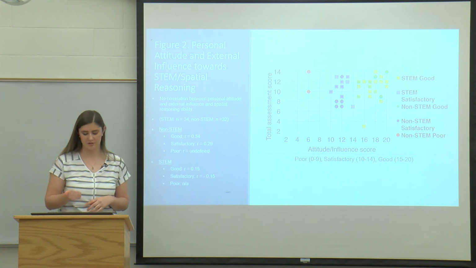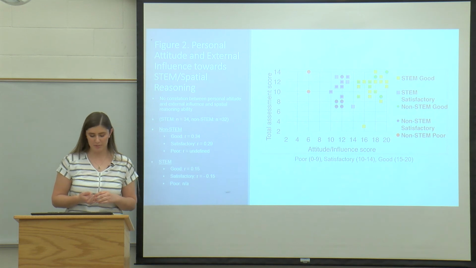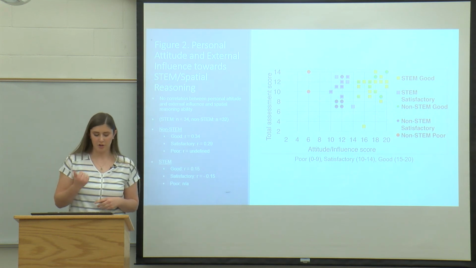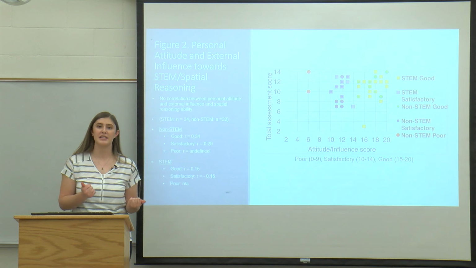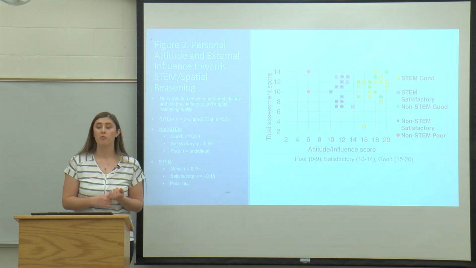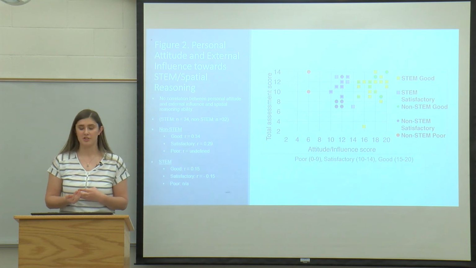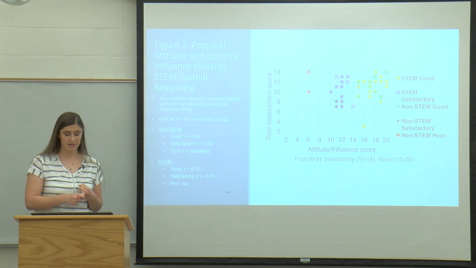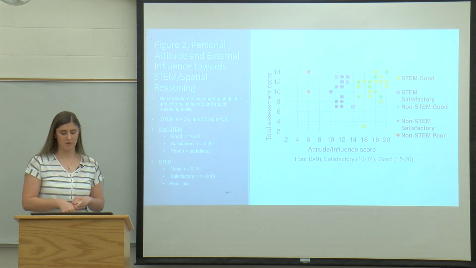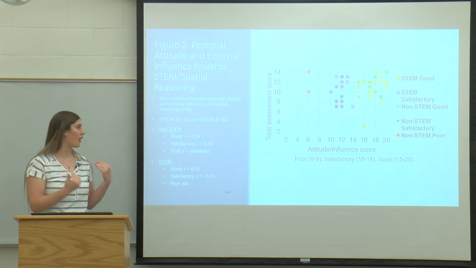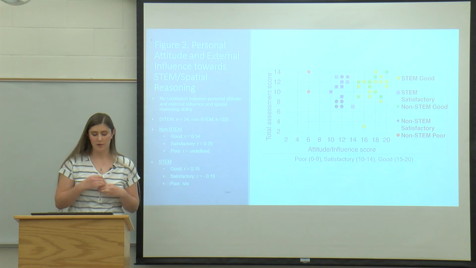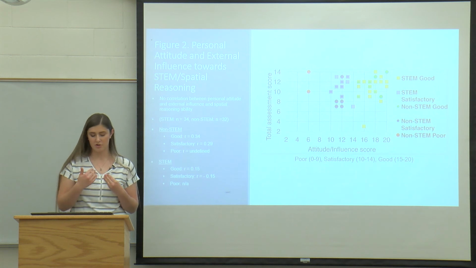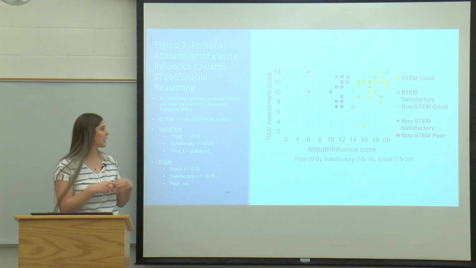And so the total assessment score of STEM and non-STEM females is represented as a function of their personal attitude and external influence score. If total assessment score, spatial reasoning ability, is dependent on the participant's attitude and influence, we would expect a positive linear relationship. Therefore, we would expect that poor and satisfactory participants would yield lower spatial reasoning scores, with a strong linear relationship with our R coefficient closer to 1. And we would also expect participants labeled as good to yield higher spatial reasoning scores and have a strong positive linear relationship. For example, as we could see in the figure,